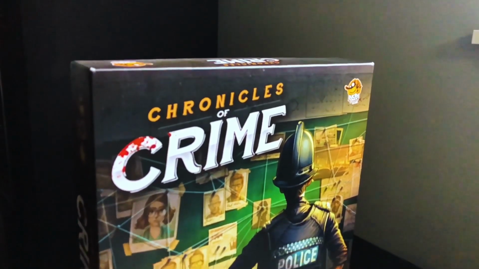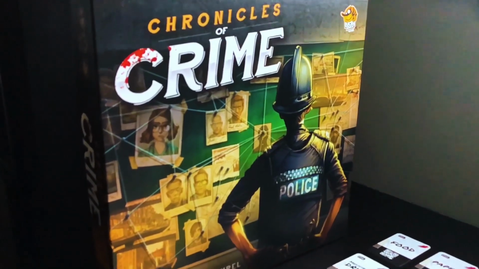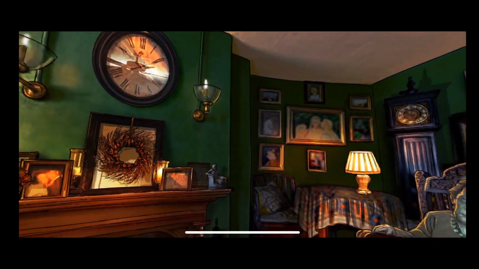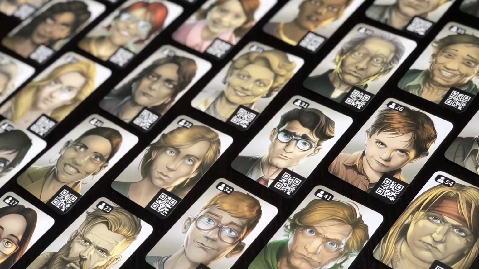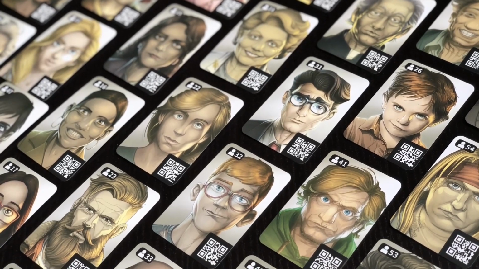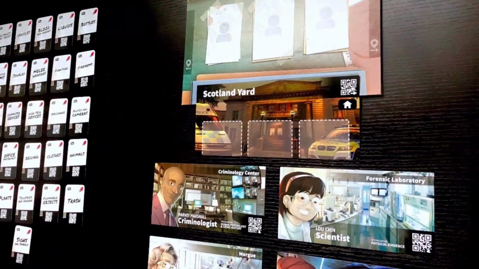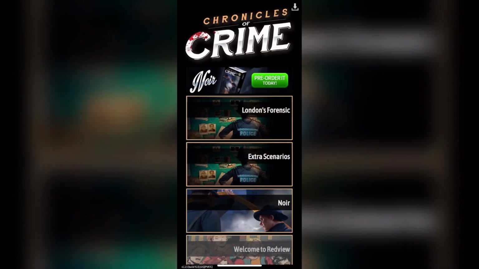Chronicles of Crime is a co-op game of crime investigation and deduction. You and your team will travel to different locations, investigate crime scenes, interview suspects and witnesses, and search for clues. It's a hybrid board and video game that uses physical components, an app, and an optional